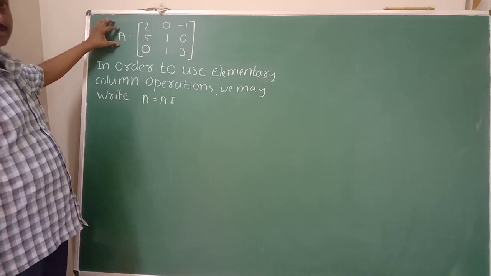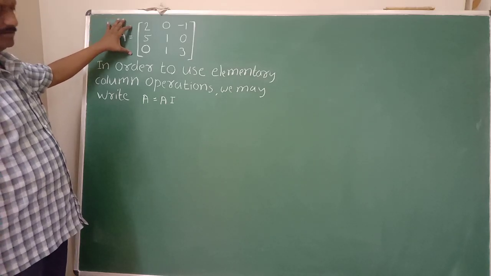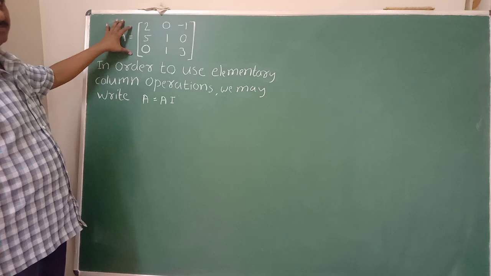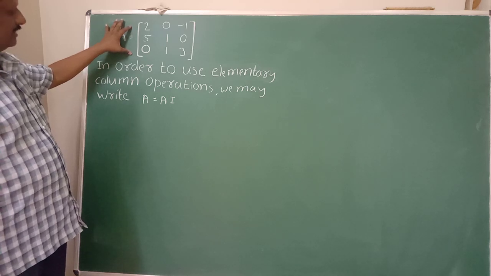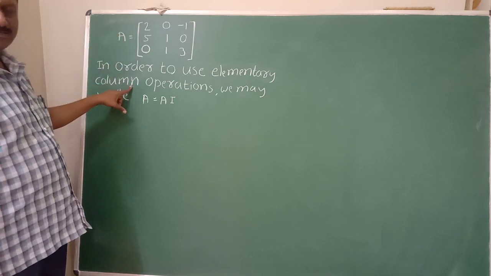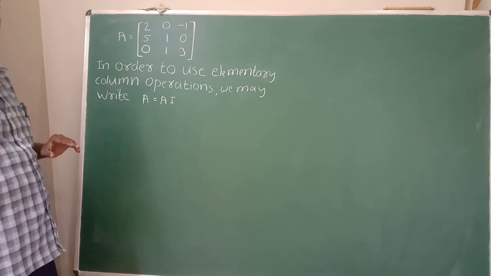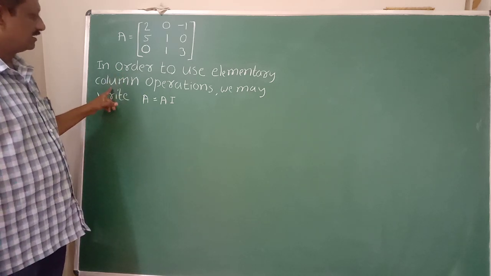So A is equal to the matrix here. So it is elementary transformation. Find the inverse of the matrix here. Again we are using column operations here. Even you can use a row operation also. Okay, I am using a column operation.